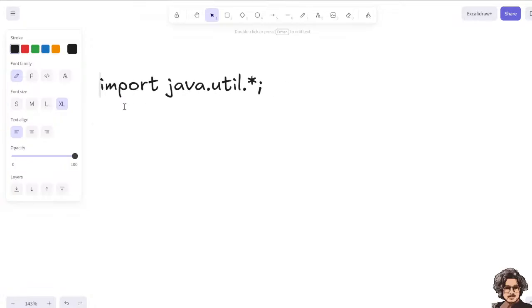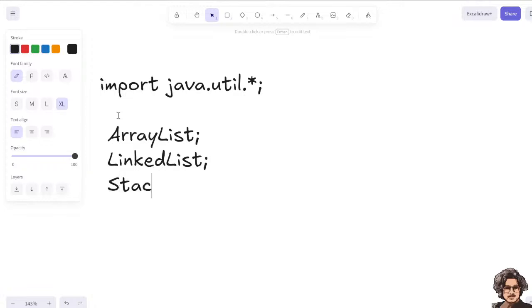And one more thing, in that we have ArrayList, List, then we have LinkedList, or for that Stack, you know the stack, how we use it,